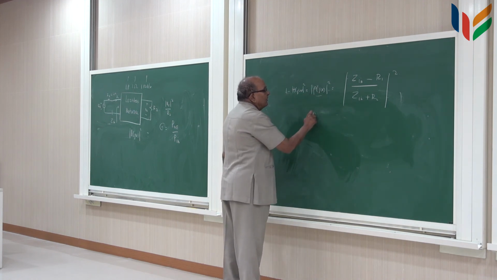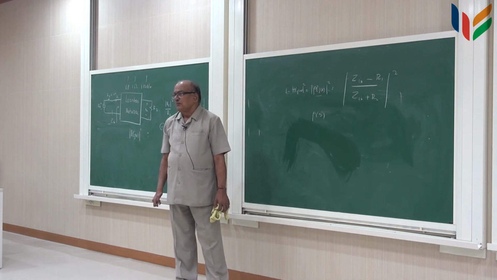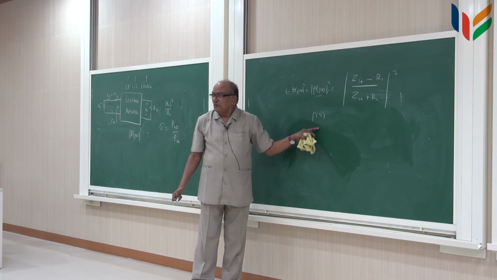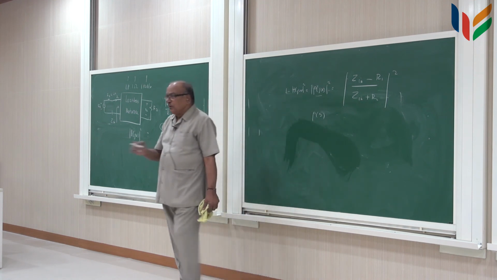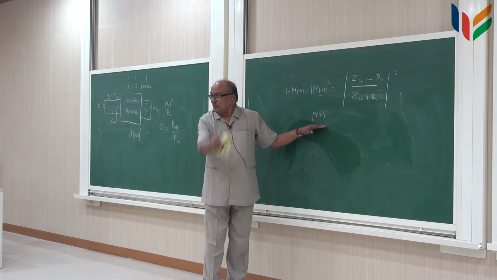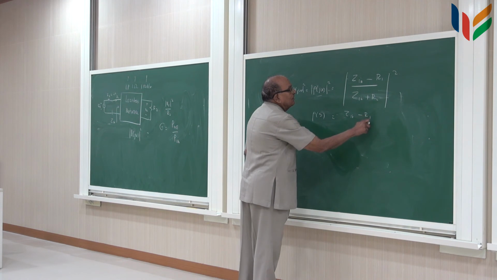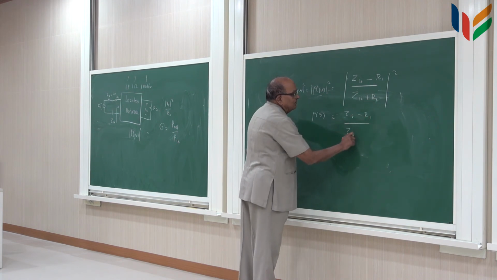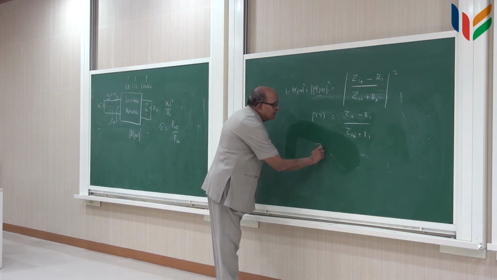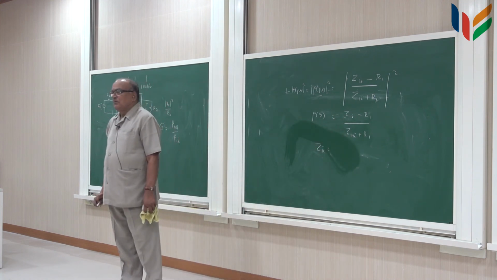Now if I know this, I can find rho of s. Yes or no? Given |ρ(jω)|², I can find ρ(s) by taking all the poles and then picking only the left half plane poles, just like we did before. And that should be equal to (Zin minus R1) divided by (Zin plus R1). From here I can find Zin for a given value of R1 by solving this equation.